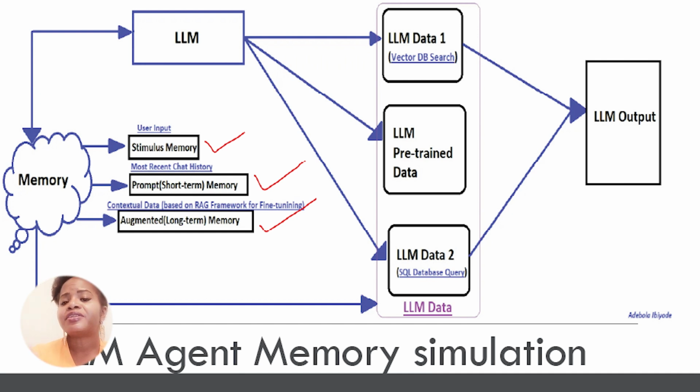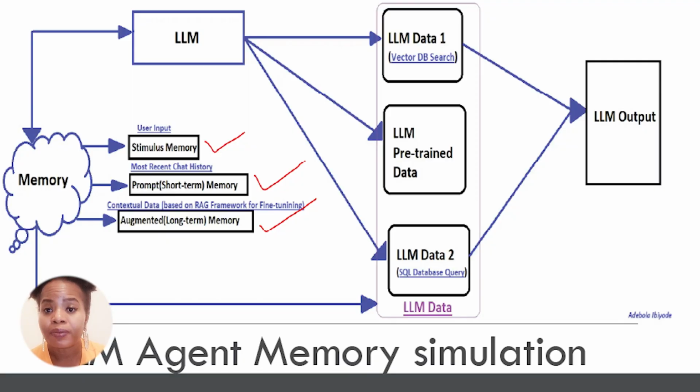Now, LLMs are good for receiving information through an interface. So that's a user input. That user input, say, tell me if the weather tomorrow is going to be hot or not, is information that forms part of its memory, but it's called the stimulus memory, or I call it a stimulus memory. The other type of memory within an LLM agent is what I call prompt memory,